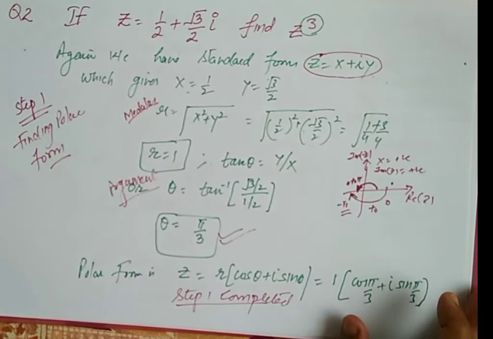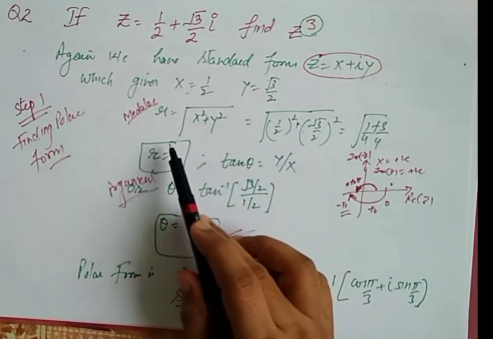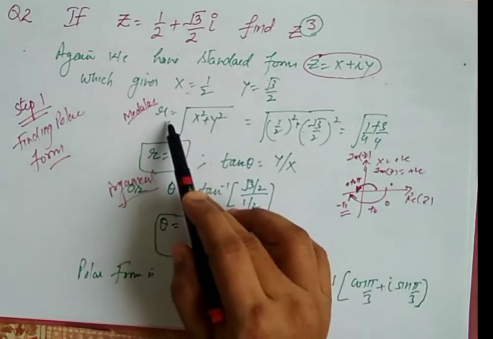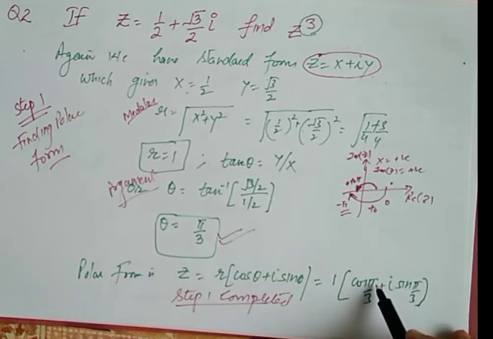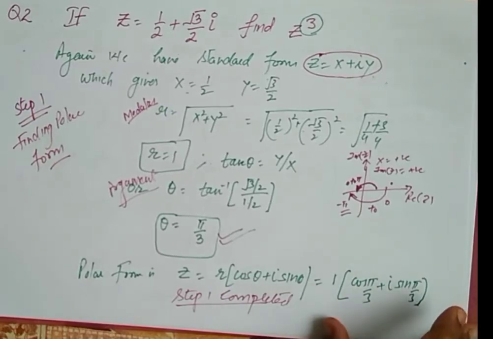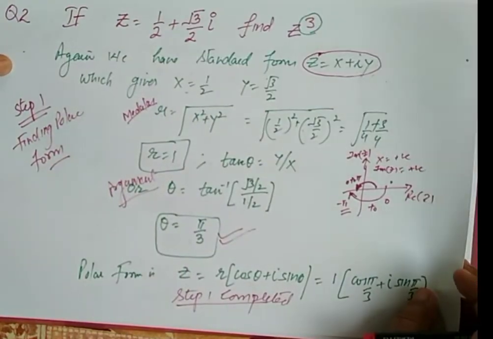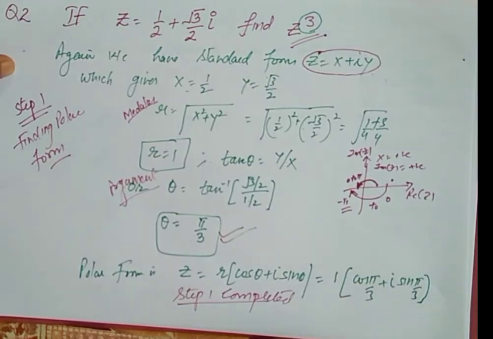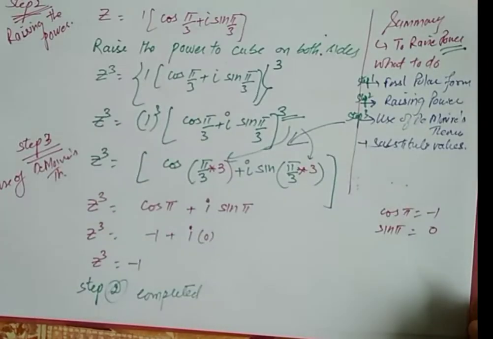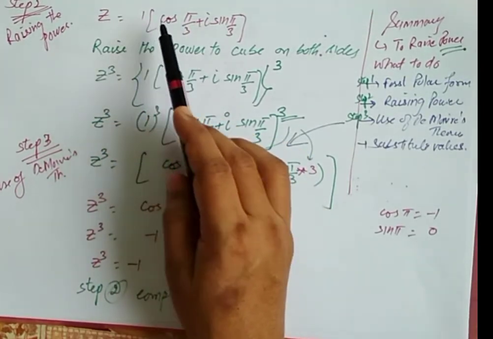ठीक है. सो पहले स्टेप में हमने क्या किया है? पोलर फॉर्म निकाली है. पोलर फॉर्म निकालने के लिए हमें मॉडुलस और आर्गुमेंट चाहिए था, मॉडुलस पता किया, आर्गुमेंट पता किया और स्टैंडर्ड फॉर्मूला में हमने वैल्यूज सब्स्टिट्यूट की, तो हमें z की वैल्यू मिल गई है cos ऑफ पाई बाई 3 प्लस i साइन ऑफ पाई बाई 3। एक बार हमें पोलर फॉर्म मिली तो सेकंड स्टेप, हमें क्यूब निकालना है, z रेज टू पावर क्यूब, हमें पोलर फॉर्म नहीं निकालनी है, it is just the intermediate step. So it was step 1. Then we go for the second step.